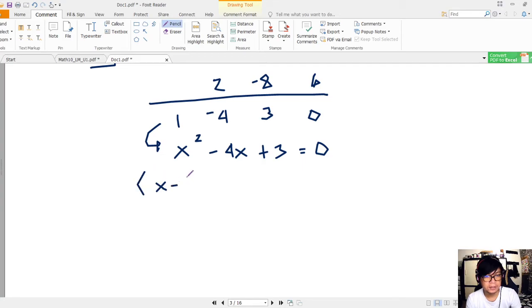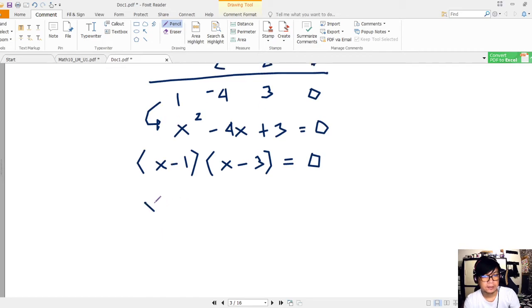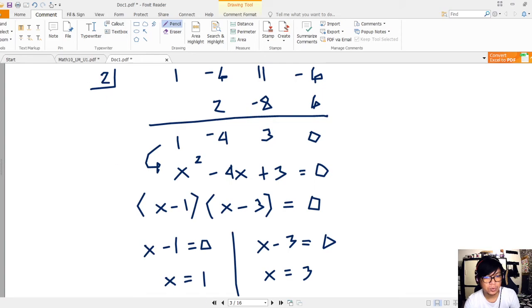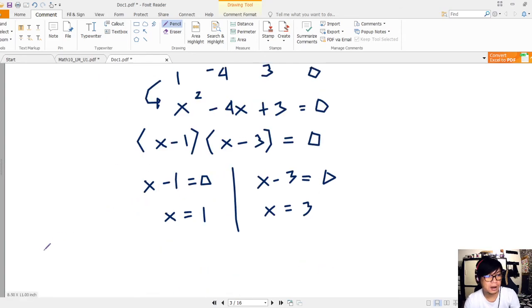So x minus 1, x minus 3 is equal to 0. The first one is x minus 1 is equal to 0. Tapos x minus 3 is equal to 0. So, first one is x is equal to 1 and x is equal to 3. So, meron na tayong sagot. Tatlo na siya. So, 2, 1, and 3. So, the real roots are